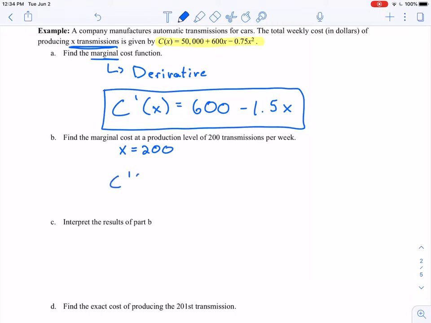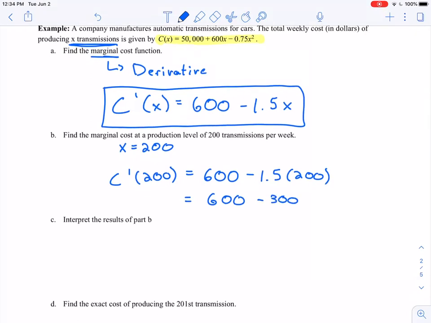So C prime of 200 is equal to 600 minus 1.5 times 200. So let's see, 600 minus 300, should be 300. And in particular, again, I want to pay close attention to the sign. It's a positive